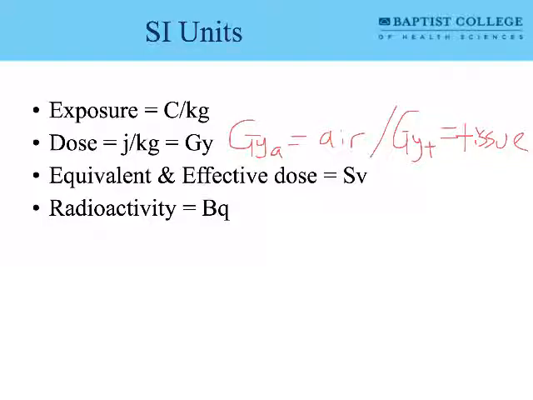Within the SI system, equivalent and effective doses are both expressed in sievert, and these will look fairly similar to the conventional stuff that we were just talking about. So a radiation equivalent is the dose expressed in gray times the radiation weighting factor, right? So it is very similar to the rad. But in this case, that's going to equal an equivalent dose, because it is setting the dose equivalent